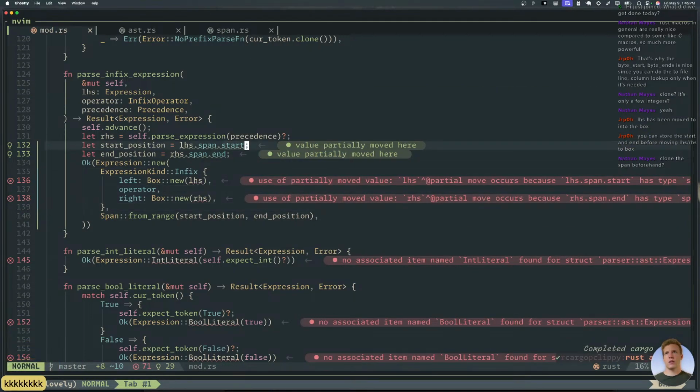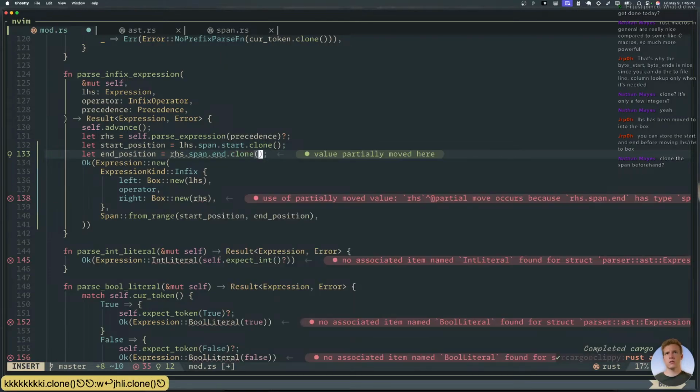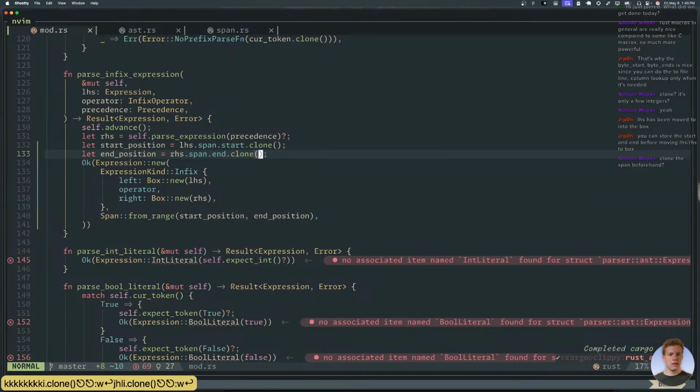And then we need to clone these. You can store the start and end before moving. Yeah, okay, that's what I just did then. Yep. Cool, so this works.